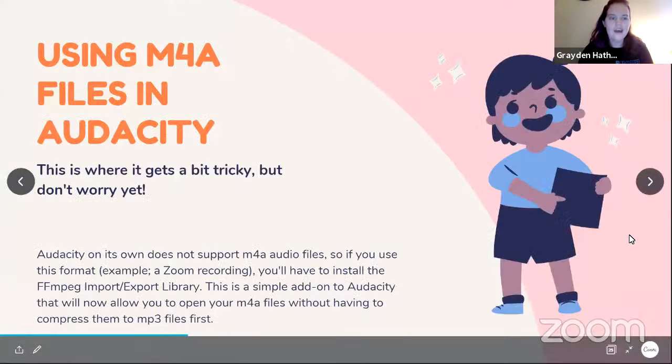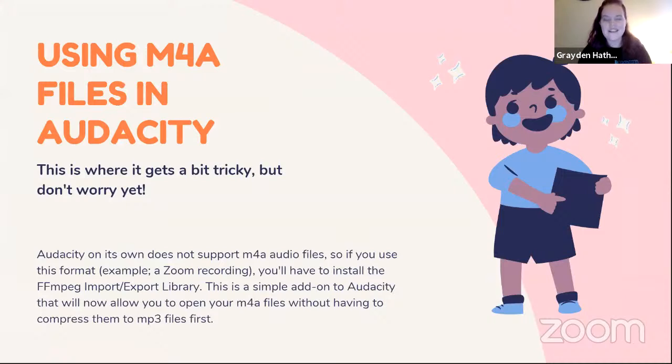So yeah, that's just a little snippet on how you make a recording in Audacity. You can also import files to Audacity, and one thing I wanted to talk about was if you want to import an M4A file, you'll find that it's a bit tricky because technically Audacity doesn't support M4A files, but there is,